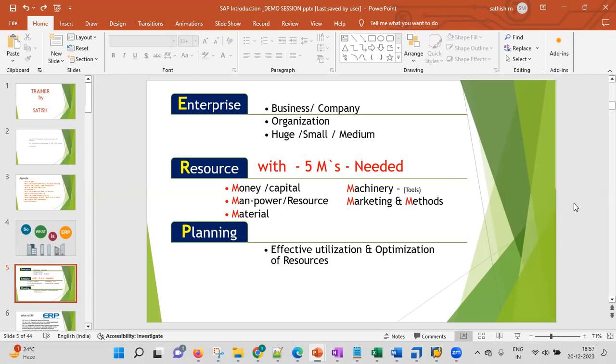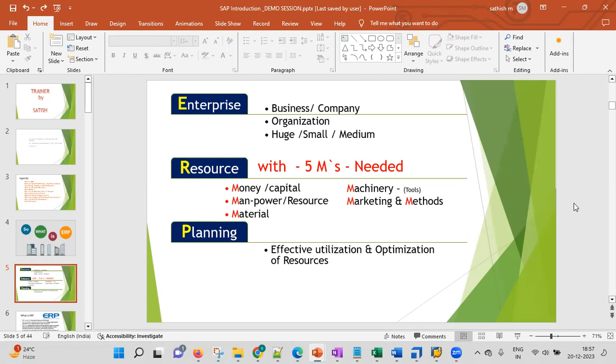So the business runs very good in the winters. Few things run very good in the summers, like cool drinks, ice creams, right? So in summer they have good business, but in winter they don't have any business. But what they will do in winters, they will do some other things, some other planning, right? There is some effective planning, or maybe they purchase the raw materials because at that time the cost will be less.